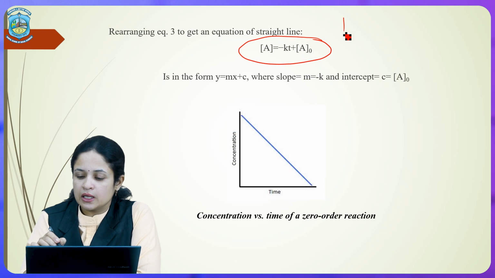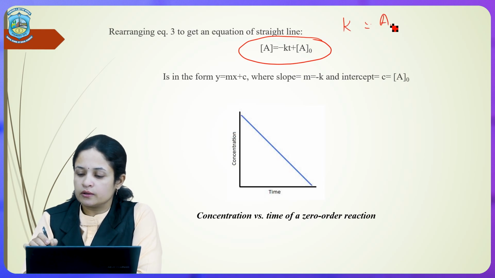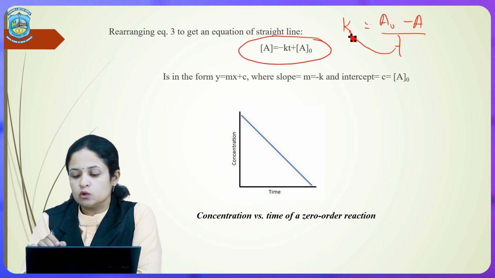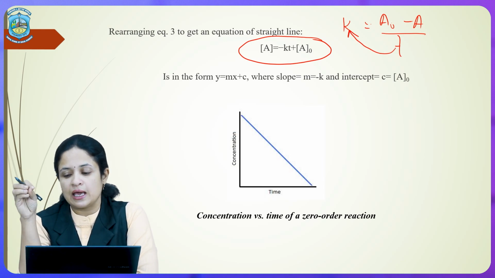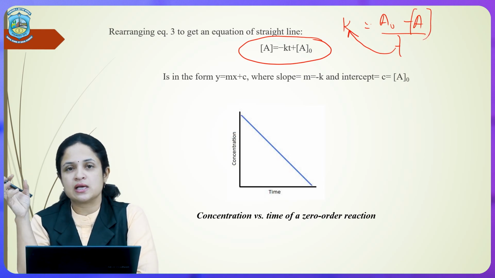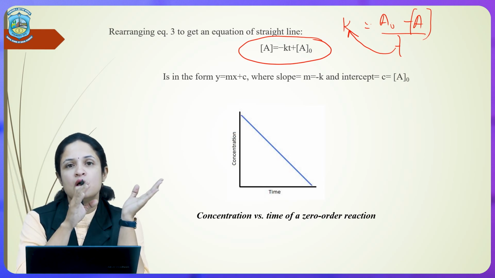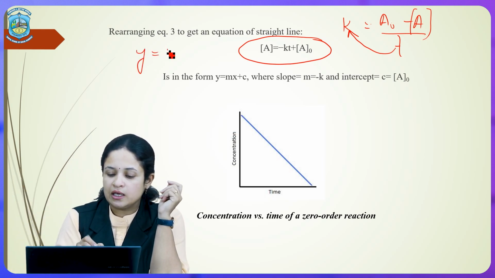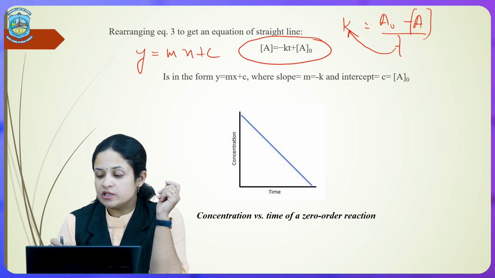I obtained k equal to (A0 minus A) upon t. What I have done is brought this t to the left hand side and kept the concentration of A on one side, and all the terms I have brought to the opposite side. So I get the equation which is of the form y equal to mx plus c, which is the equation